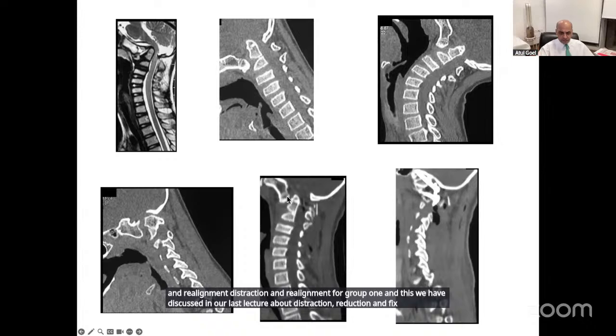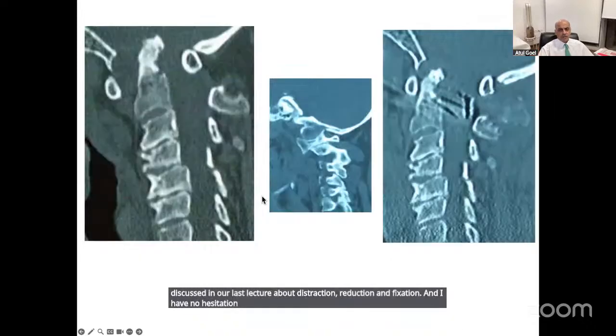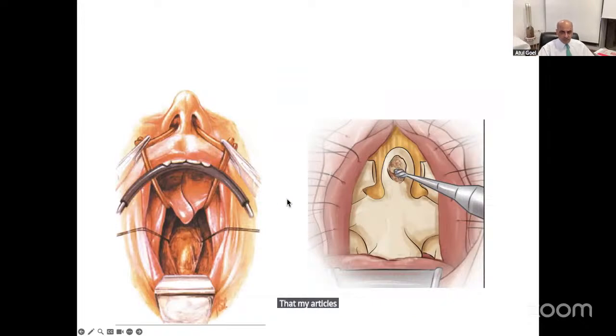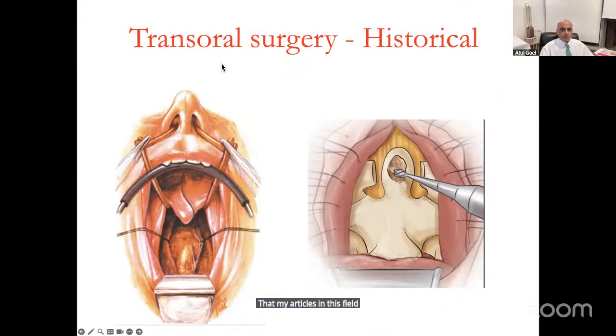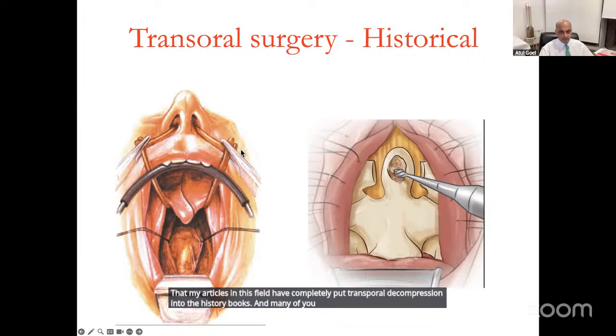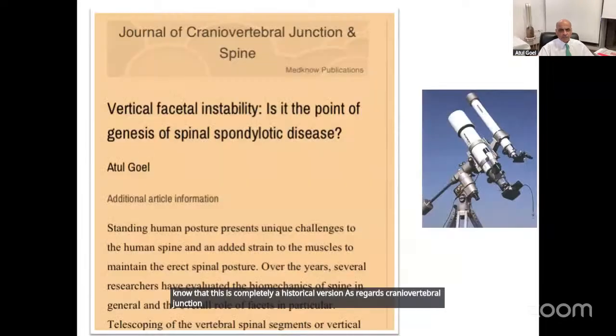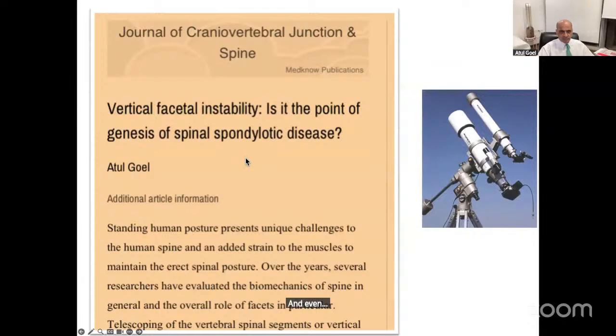And I have no hesitation to say, absolutely no hesitation to say, that my articles in this field have completely put transoral decompression into the history books. And many of you interested in craniovertebral junction know that this is completely a historical version. As regards craniovertebral junction, we had stressed on the importance of facets, and even for subaxial spine, we have said